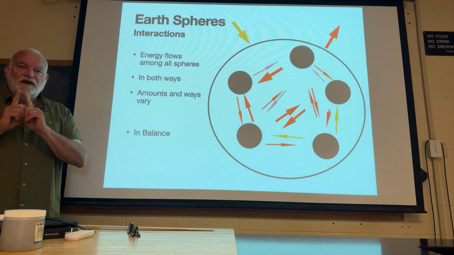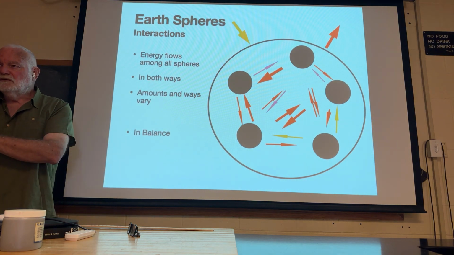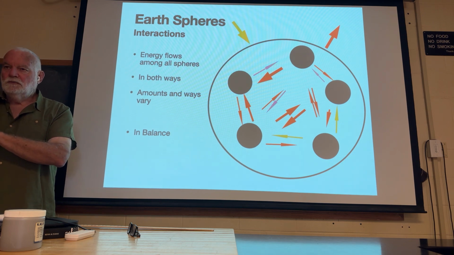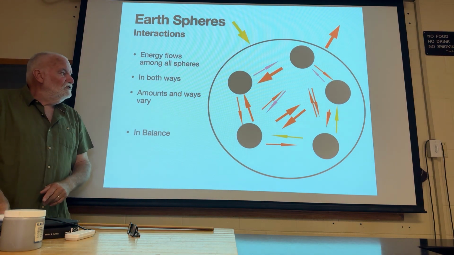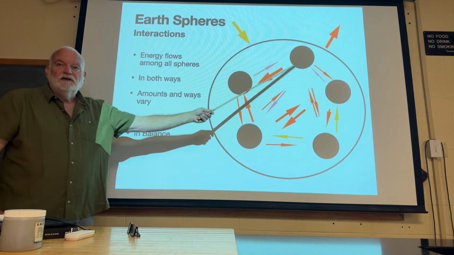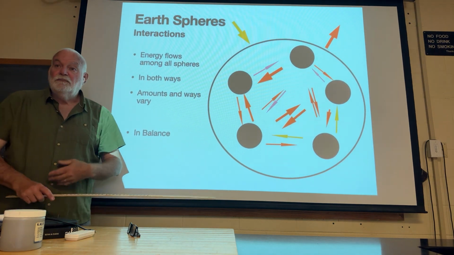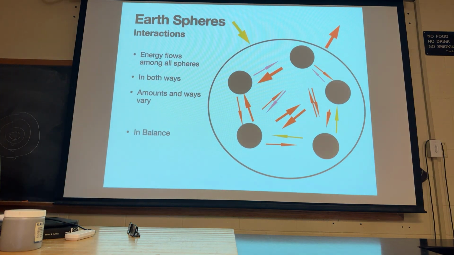But because those arrows actually have different physical or chemical mechanisms, there are lag times. So if we change one thing, eventually it'll propagate through the system, but it might not be this week. It might be on geological timescales. One example was shoving up the Himalayan mountains. That happened over millions of years. That slowly raised the Tibetan plateau. That changed the atmospheric circulation. It took a few million years for those effects to be felt, and they're still felt today. Same thing with the opening of the continents. On the other hand,